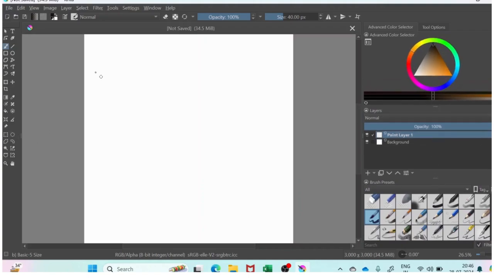Now we will start with our drawing of the cartoon face. So let's check on the foreground color. The foreground color is black, and let's draw our face in a circular way. 40 is a good brush size, so that we can keep. And now let's add a layer and make the small eyes over here,